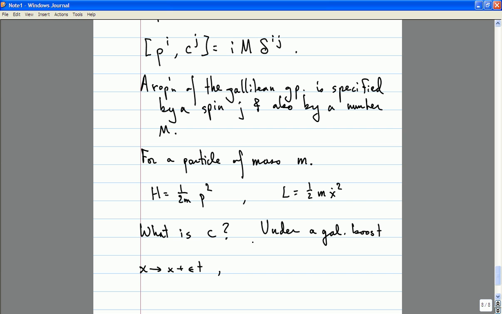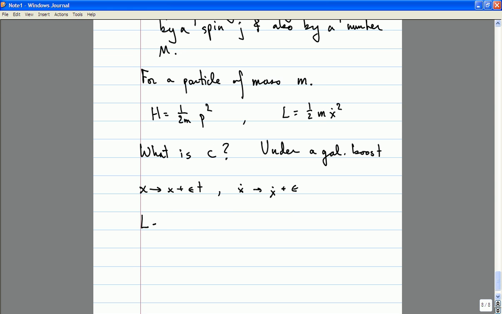So x dot goes to x dot plus epsilon, and so the Lagrangian 1/2 m x dot squared will go to 1/2 m x dot squared plus epsilon m x dot plus terms that are higher order in epsilon,